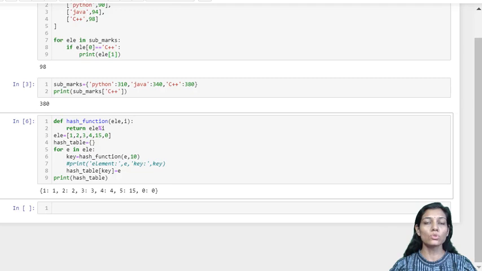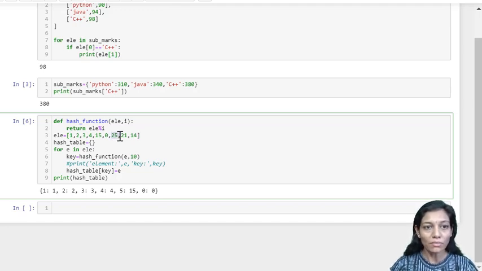but what if two elements are mapped to the same slot? It is quite possible because here we are having a table size of 10 only, and if we are having more numbers to be stored, then the hash function that we are using, that is here modulo 10, will definitely map some of the elements to the same slot. And in that case what happens, let us understand. So here we deliberately keep 25 or maybe 21, 14, all these elements. Now before actually executing, take a pause and understand what will happen and what will be the return value of the hash function.